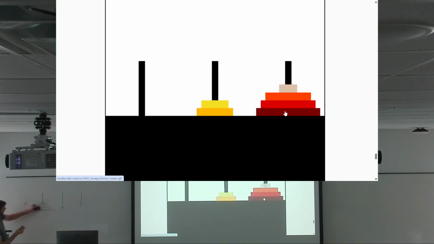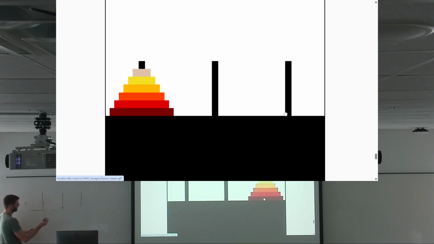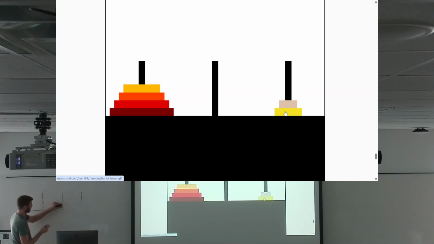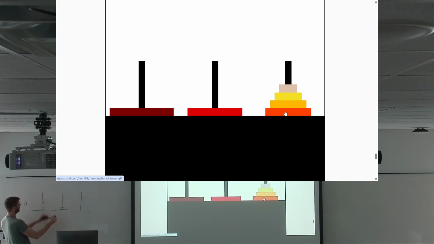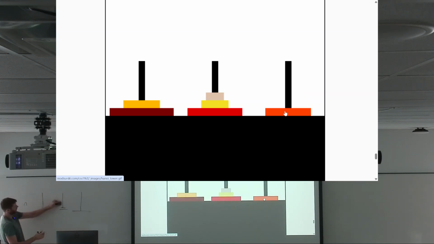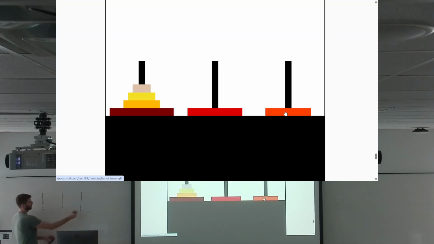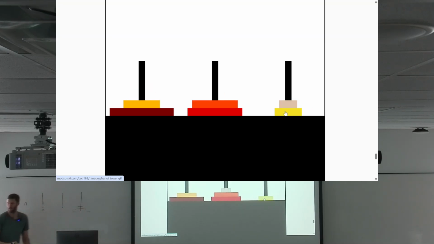what I can say is move all n minus 1 disks on top of the biggest one. I'm going to go back to 3 because I don't remember how many I drew. To here. Move the biggest one to here. Then move all of the remaining ones from the extra peg back to here. And now you're left going like,